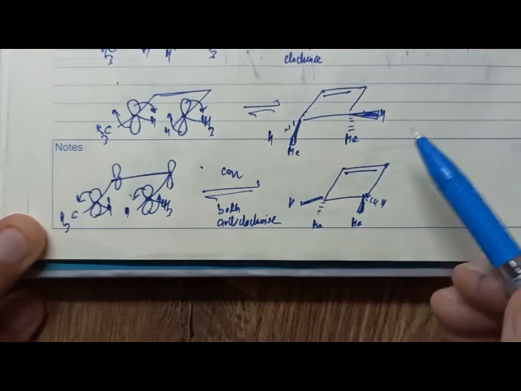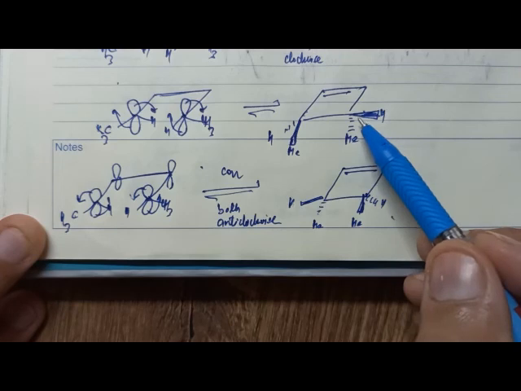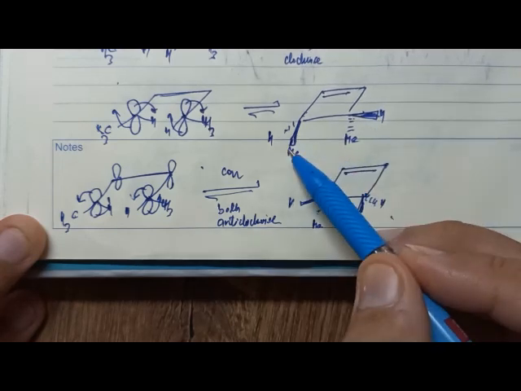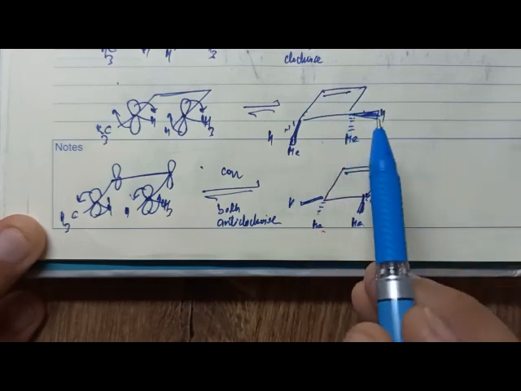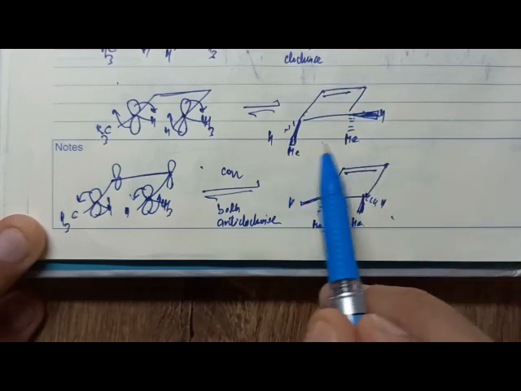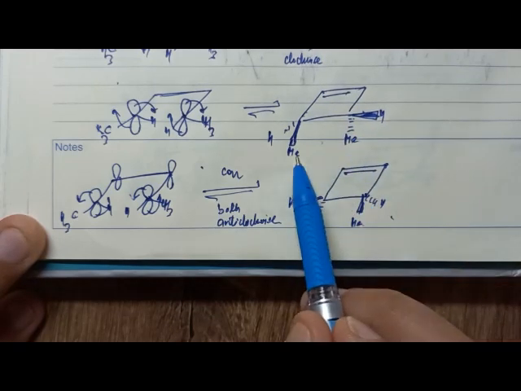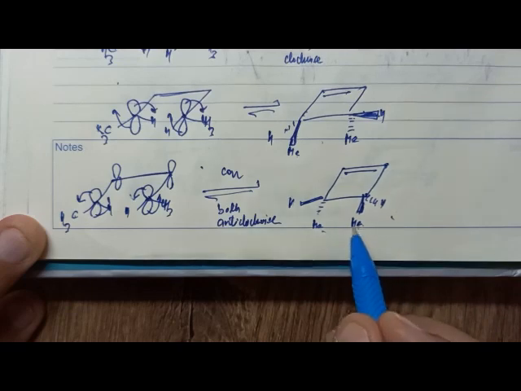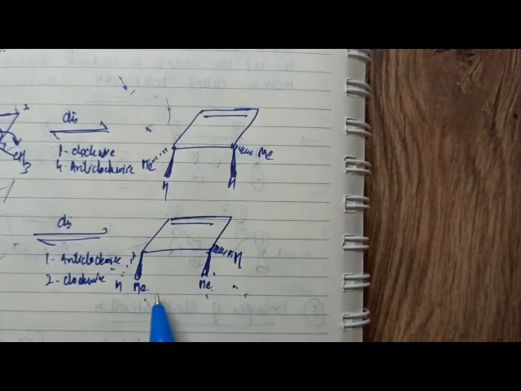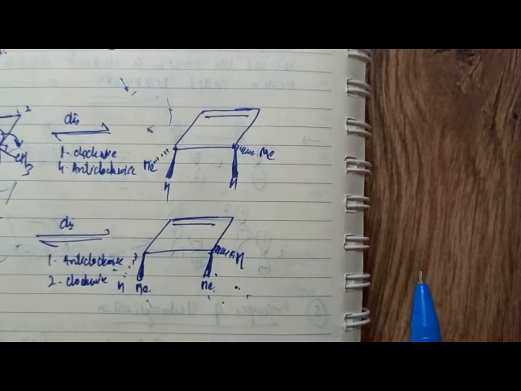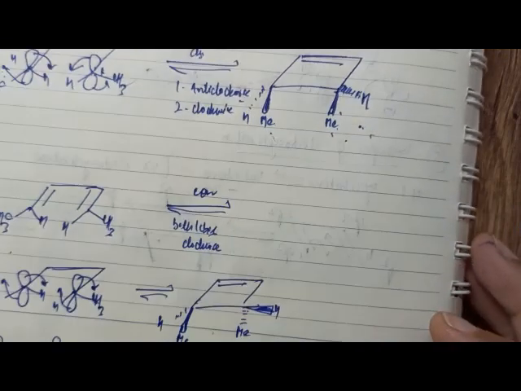So the relationship between these two products again is enantiomeric. This methyl above, this down, this above, and this down. And if you look at the products here, in this case the two methyls assume a trans relationship, either in this product or this product, whereas in the case of disrotatory ring closure, both had a cis relationship with respect to one another. And this is how we write the products with disrotatory and conrotatory ring closures.